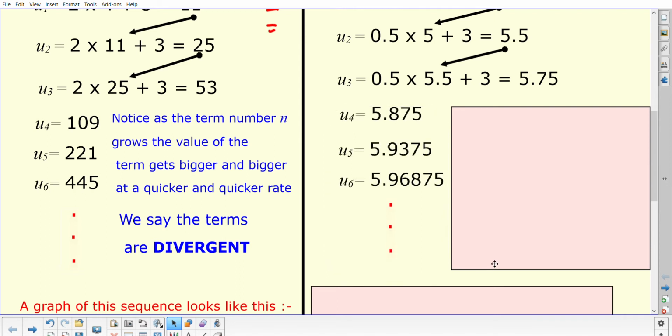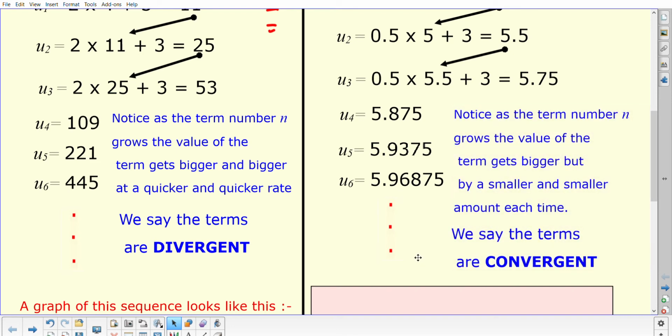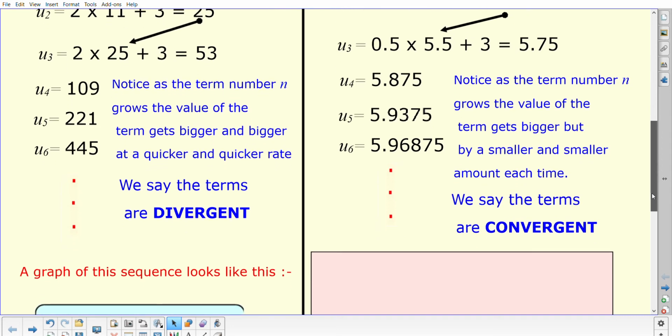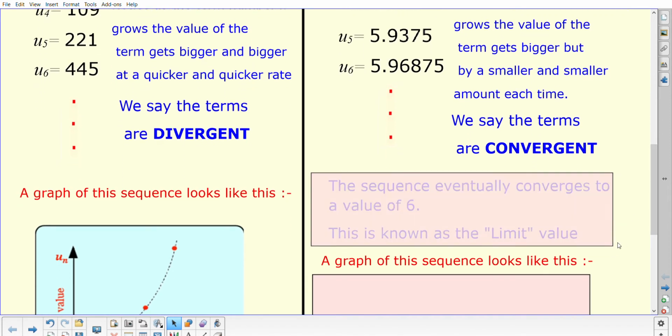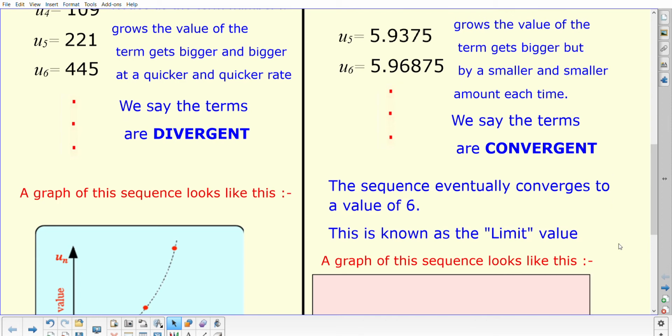So 5.875, 5.9375, etc. As I've said, the values of the term are getting bigger by a smaller and smaller amount each time, and if you keep pressing equals on your calculator, you will see that eventually it goes to a value where it doesn't continue to change, so it arrives at the value of 6. We see that the sequence is convergent to a value of 6,